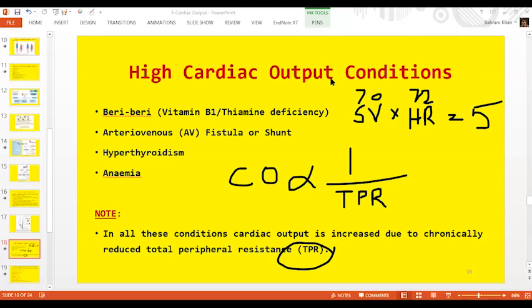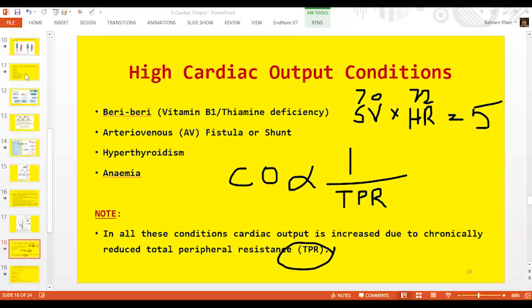All the factors that affect venous return will eventually affect cardiac output as well, because there is a direct relationship between the two factors. According to Frank-Starling's law, if you increase the venous return, you are going to increase the cardiac output as well. Similarly, if you decrease the venous return, the cardiac output will be compromised.